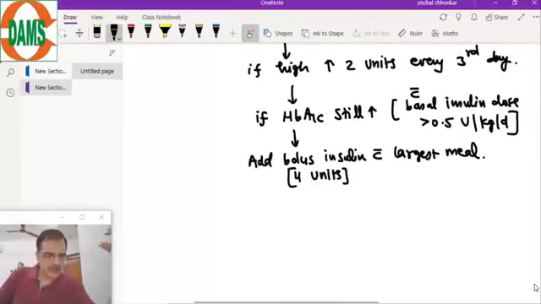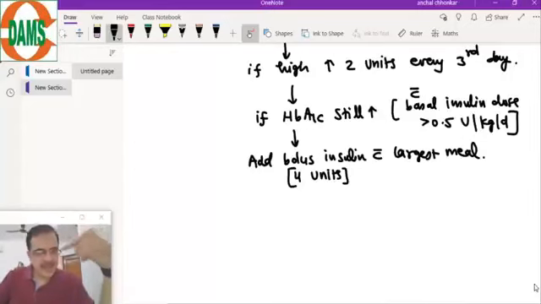So first we start with the basal dose, and if the basal dose is still more than 0.5 units per kg per day, then we will add the bolus insulin with the largest meal,